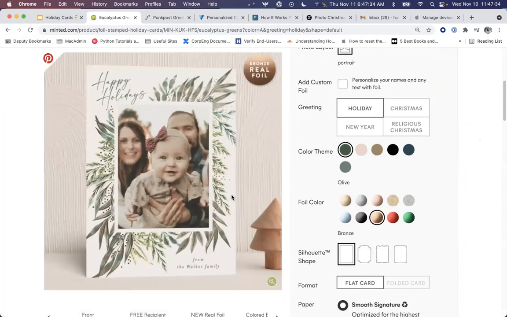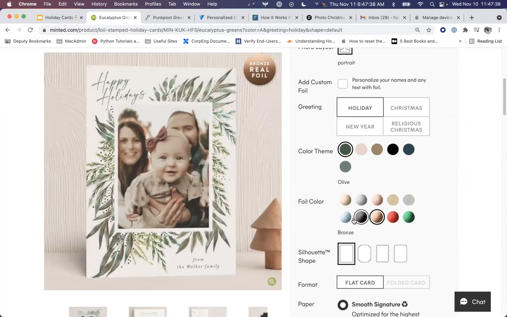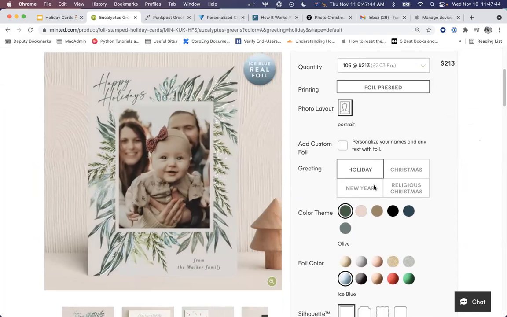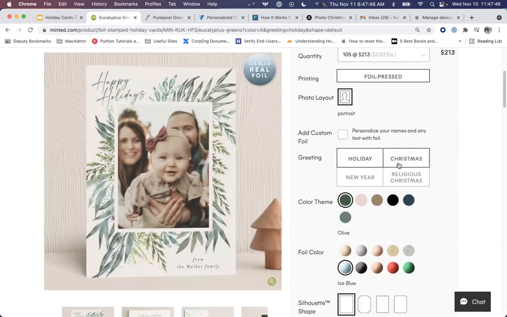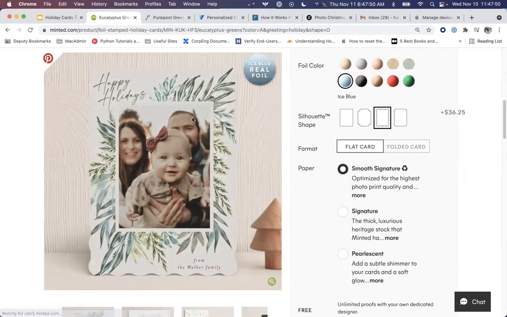Let's take this one. Yeah, so this is a different one. For example, you can see you can choose a foil color if you want now, right? So this is inlaid with foil. It's a nice touch. The card's a little bit more expensive. This one you have the option to change the silhouette. So here you can see the borders changing to like a scalloped edge, or